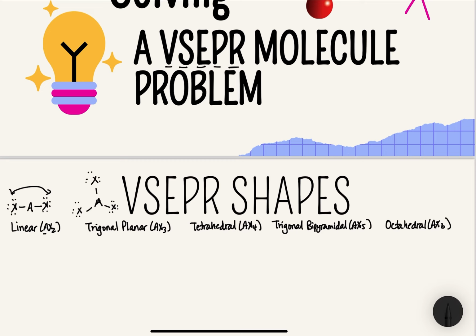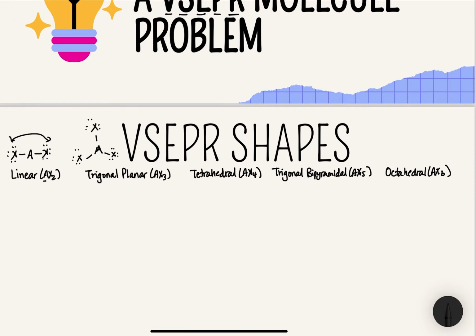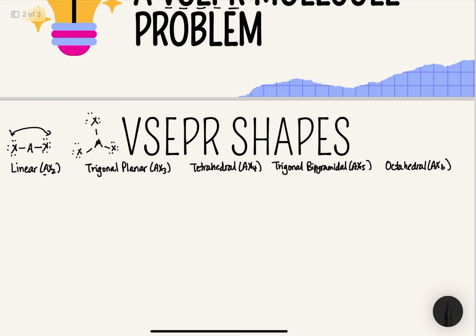So the tetrahedral, trigonal bipyramid, and octahedral, same thing. No matter how many atoms you have bonded, they will spread each other out equally. Now, from these base VSEPR shapes, if we remove an atom and replace it with a lone pair, we will get a modification. So for example, if we take our trigonal planar, and take off a bond, so if we look at our generic formula AX3, if we call it AX2E, where the E stands for a lone electron pair on the central atom,